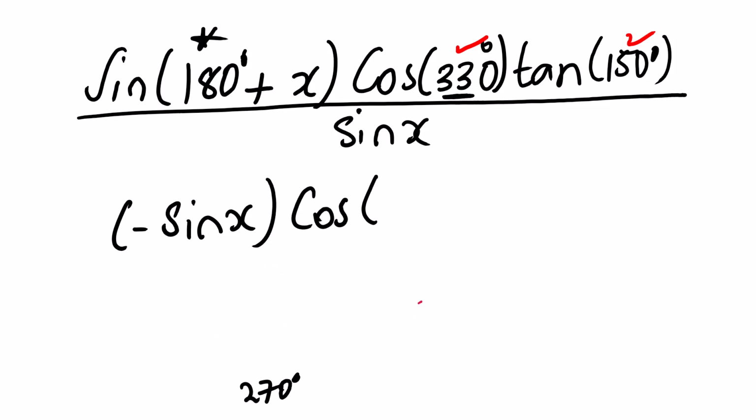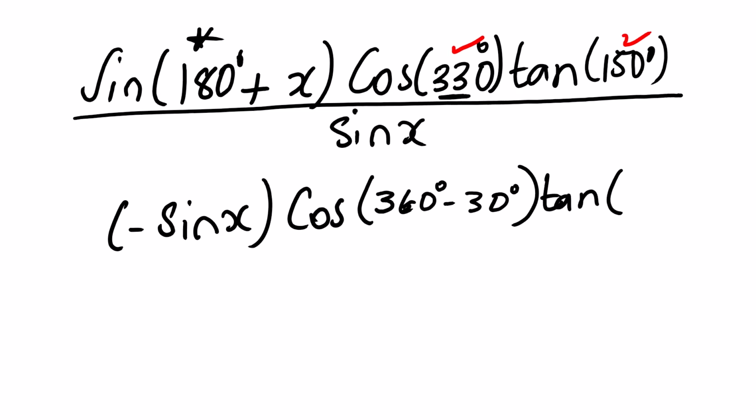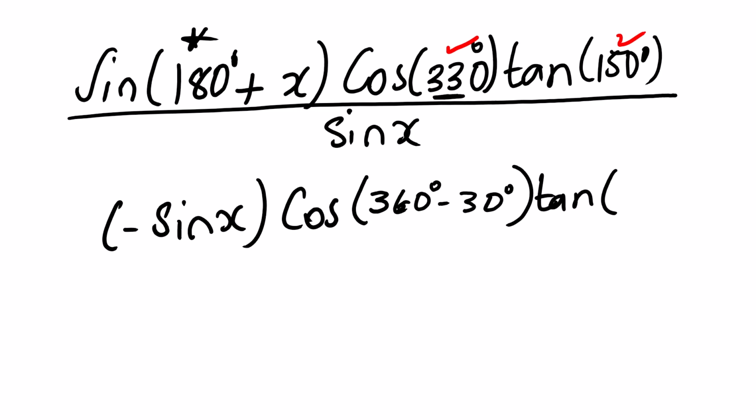Let us do it. So 330 is the same as 360 minus 30. 360 minus 30 is equal to 330. Now tan 150, we need to also express it in terms of the special angles and one of the angles on the Cartesian plane. So 180 minus 30 is the same as 150